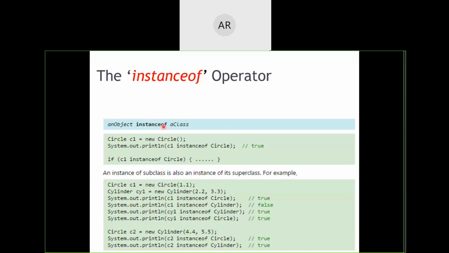Don't think that an operator will just be a symbolic notation. An operator may be new, an operator may be delete, an operator may be instanceof or sizeof also. All these will be considered as operators only. So suppose imagine there are multiple objects being created, C1 and C2 are there. Now you want to get to know whose object that one is. Then you can check it in this particular way. C1 instanceof Circle. It will return true or false. If C1 is an instance of Circle, this operator will return true. Otherwise, it will return false.